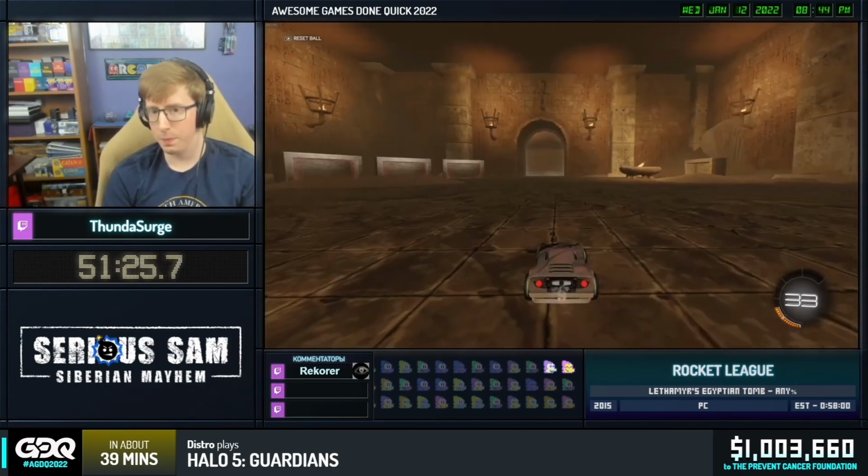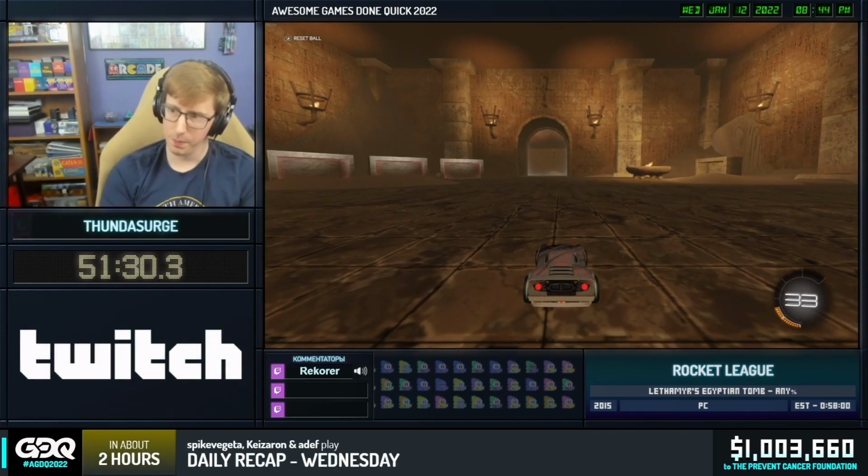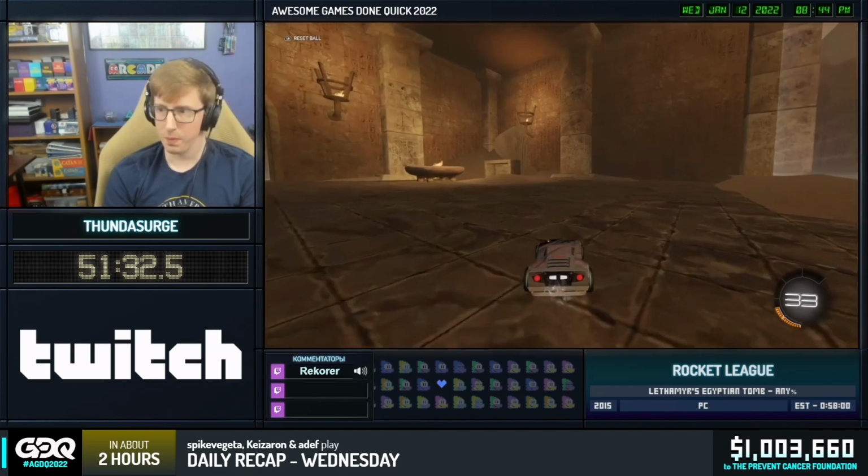Can you quickly just refresh people what they're going to see? Because this happens fast. So what are the mechanics in Rocket League that you're going to be